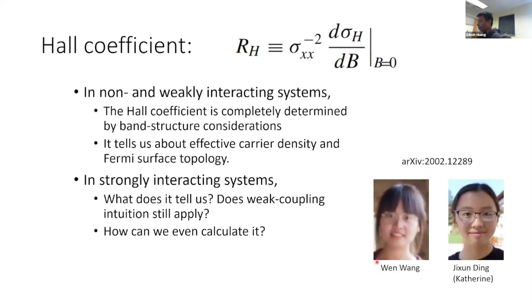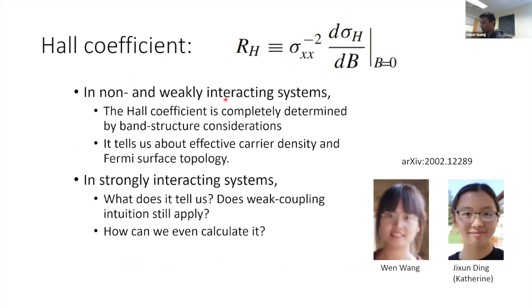Okay, now to move on to the second part of my talk, I want to discuss the Hall coefficient. This is work that is in this preprint on the arXiv here, done primarily by Huang, who is a student in Tom's group. So first, the Hall coefficient: we know that for non-interacting and weakly interacting systems, it's completely determined by band structure considerations